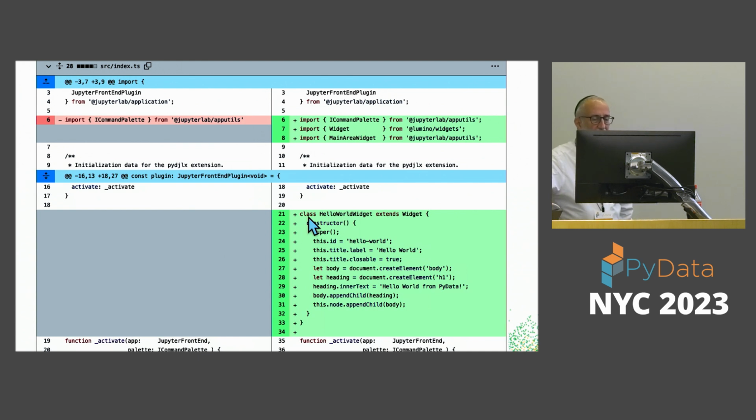So here's how we do that. We define a class, hello world widget, extends widget. All we have to do is define a constructor. In our constructor, we're going to call super to call the parent class constructor, and specify an ID for our class. This title label, we're going to give it a label, hello world. And this thing, closable, means that we're going to allow the user, if he clicks the X, that